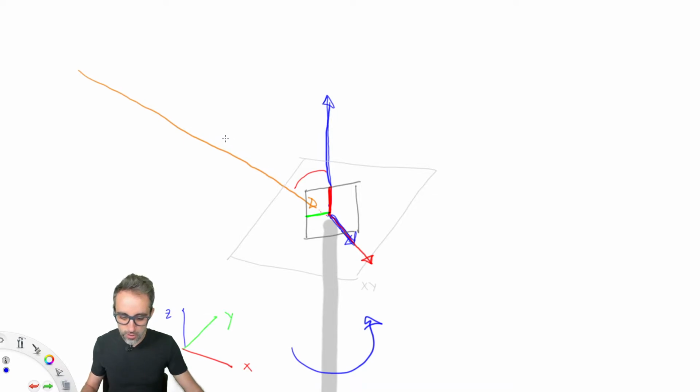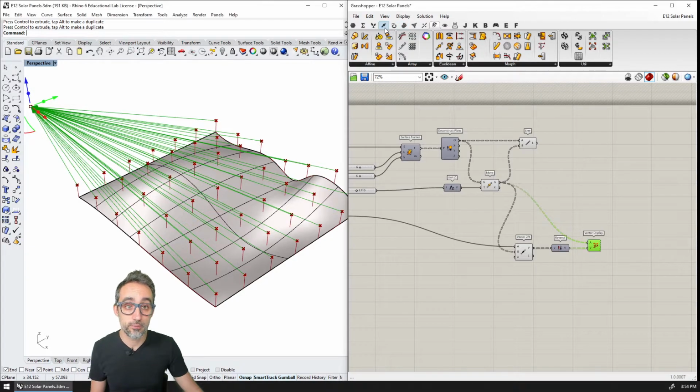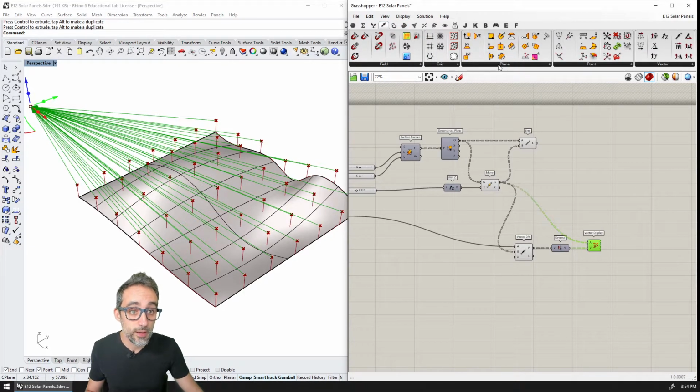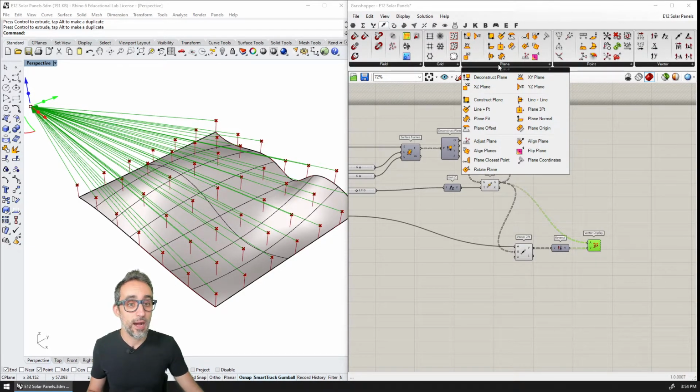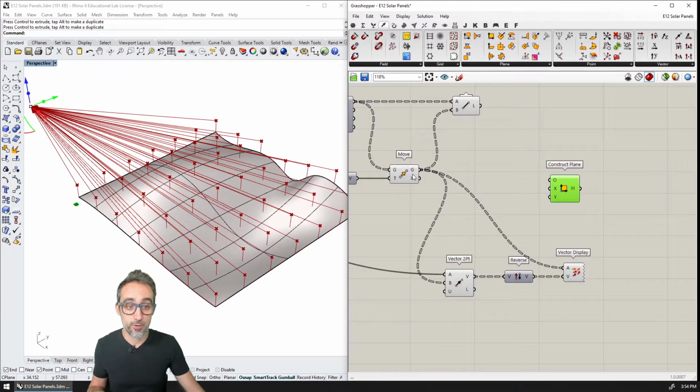All right? So the way I'm going to do that is I am going to create a new plane. And how am I going to create this plane? By constructing the plane, okay? And I'm going to use as the origin the center points.